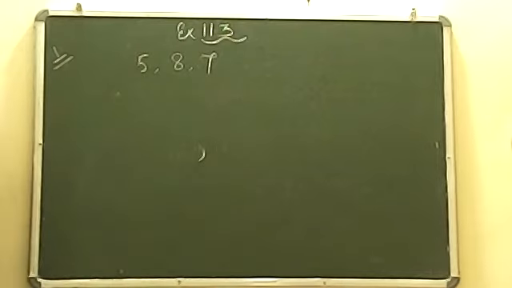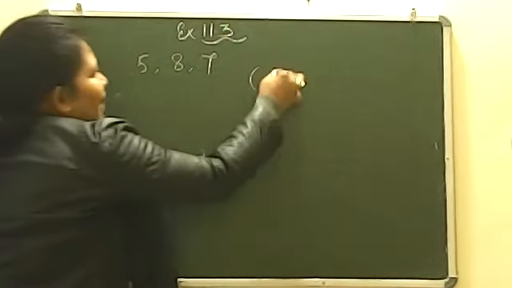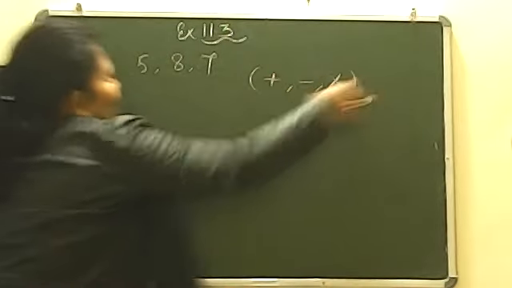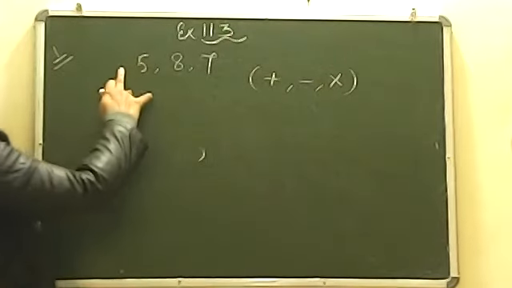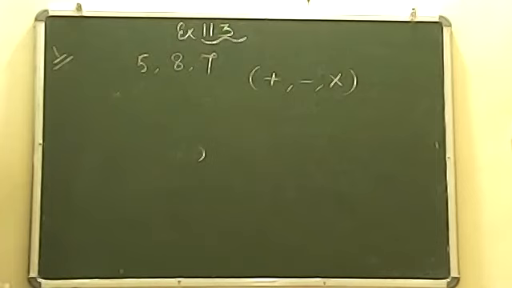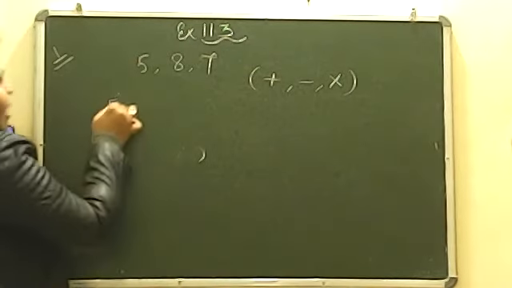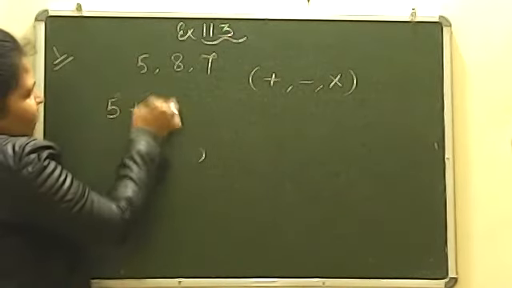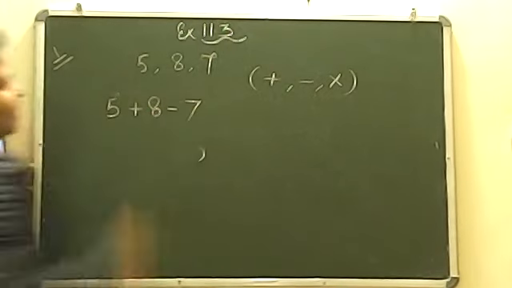आपको इस तरीके से चूज करना है कि आपको यूज करना है प्लस, माइनस एंड मल्टीप्लाई. Using these three numbers and using these three operators, you have to make expressions. Expression means answers आने चाहिए, ठीक है? तो remember this. सबसे पहले we can write it down 5 plus 8 minus 7.